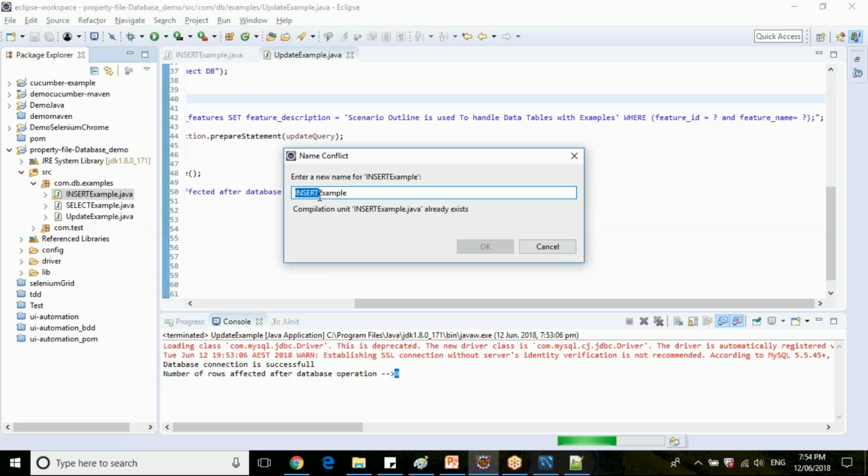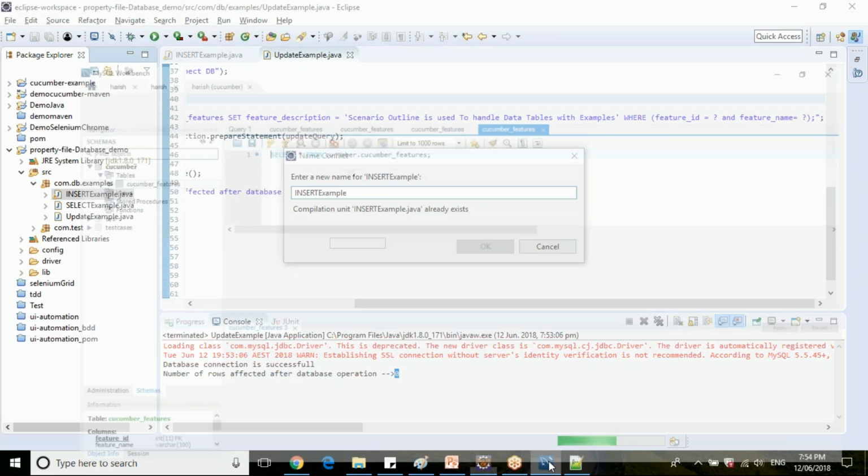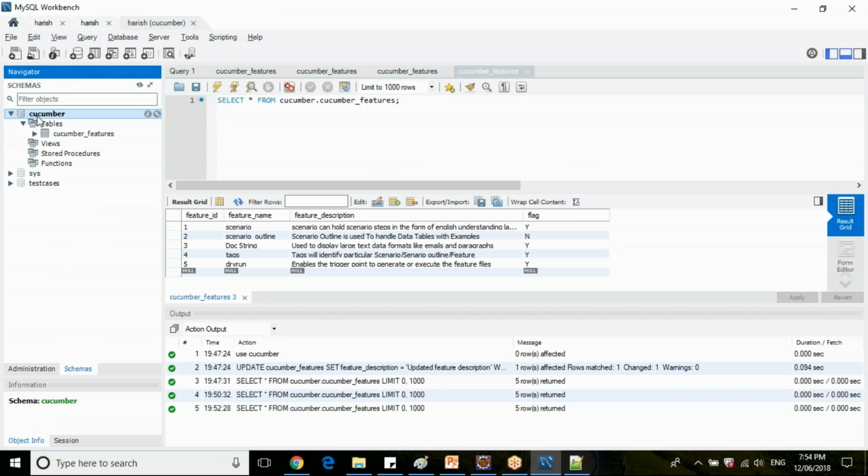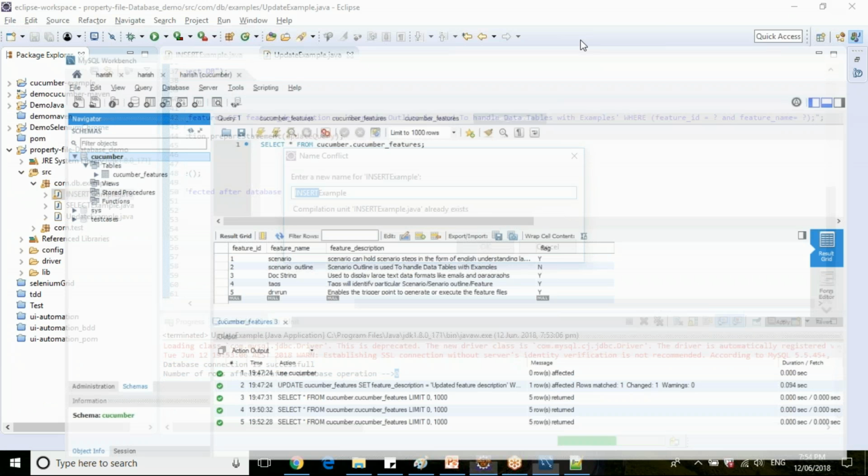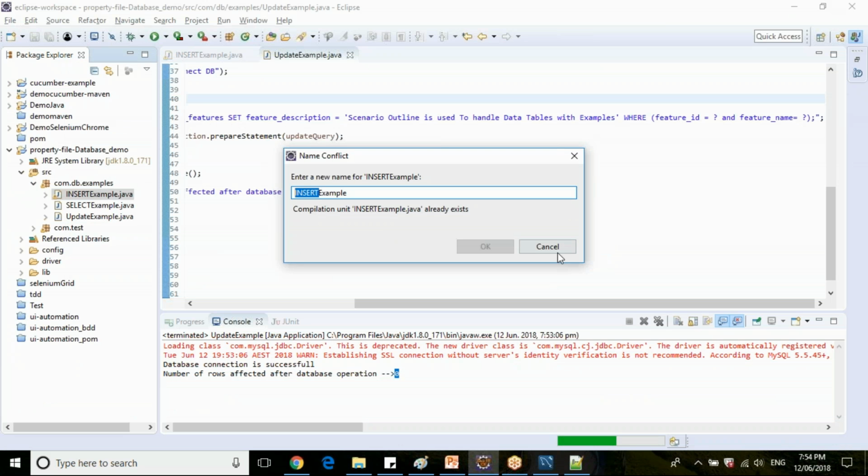You can install MySQL server, and I'll even share this SQL file with you. Import this SQL file, create this complete setup on your local machine, execute these Java programs, and play around with them, so that you will have better hands-on experience with JDBC and MySQL.